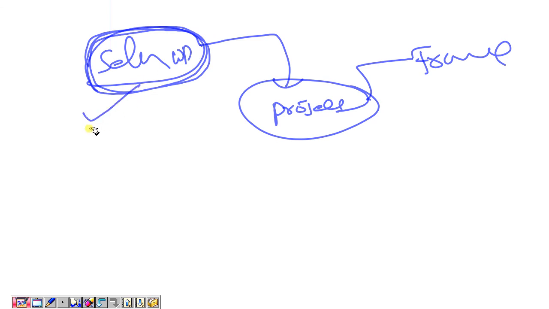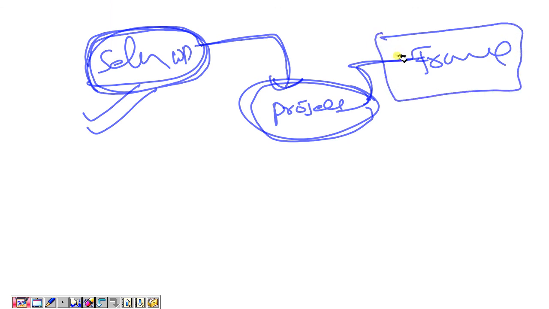After understanding all the concepts, we'll start project implementation using the Selenium tool and frameworks.